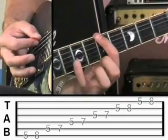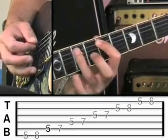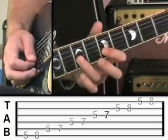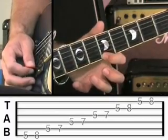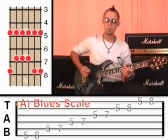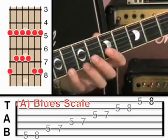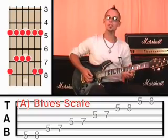6th string, 5 then 8. 5th string, 5 then 7. 4th string, 5 then 7. 3rd string, 5 and 7. 2nd string, 5 and 8. And then the 1st string, 5 and then 8. Good, excellent. So I'll just play that at full speed. Good, excellent. Now once you've done that and memorised it, what I want you to do is to play it